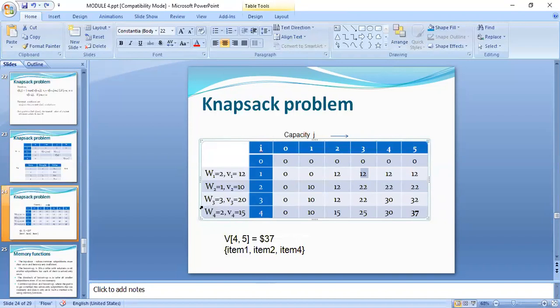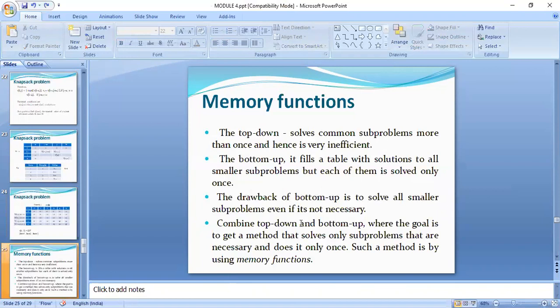What is the remaining capacity? 3. What is the weight of the second item? 1. So 3 minus 1 is 2. So you will be seeing whether this 1 comma 3 is equal to 0 comma 3. It is not, so we will be taking item 1 also. So we know what are the 3 items included in the set. The maximum profit you get directly from the table, that is n comma w, whereas for the items included in the set, that can be compared and then you have to take the values. So this is how you need to calculate your knapsack problem.